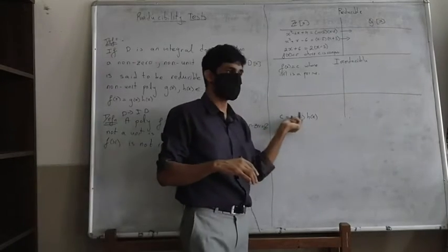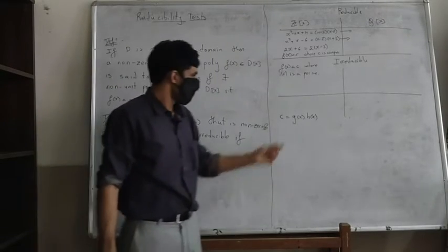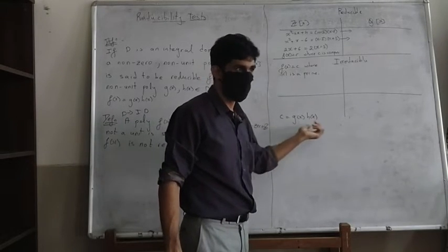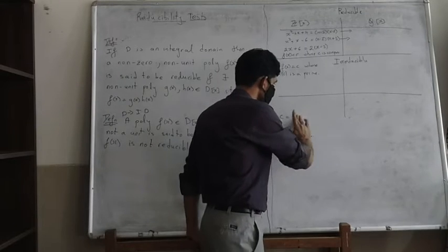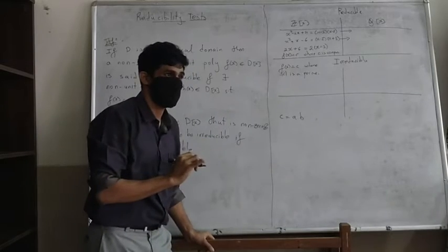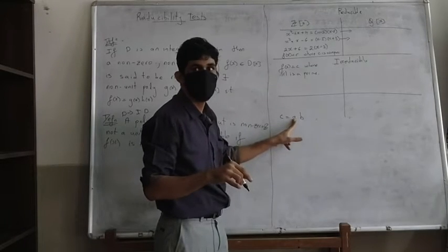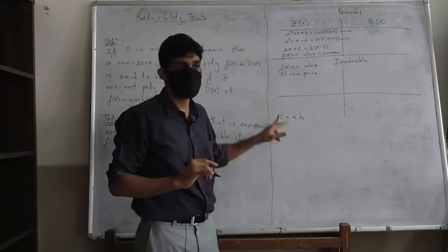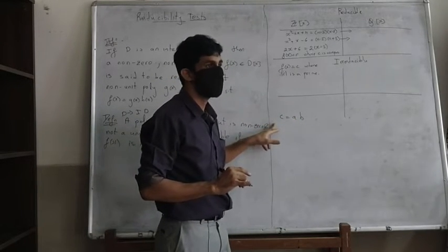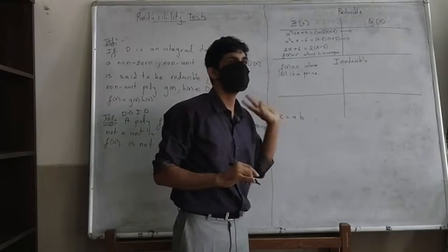Then this will force that this g(x) and h(x) are both of degree 0. These will both have to be of degree 0. So they are essentially constants, constant polynomials. So I can work with them like this, a times b. But if c can be written as a times b, we are working in Z. It means that either a is plus or minus 1 or plus or minus c. c is a prime, right? So a divides c, right? The only divisors of a prime are plus and minus 1 and plus and minus the prime.